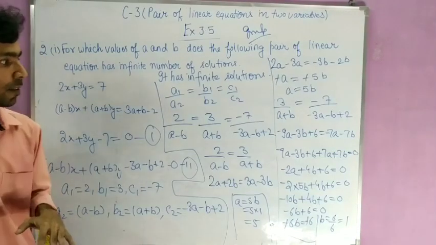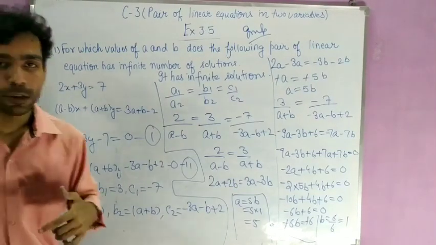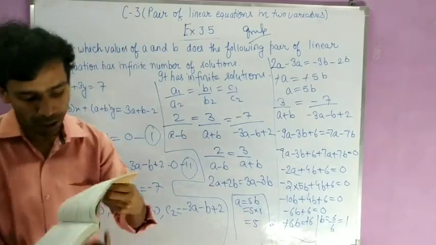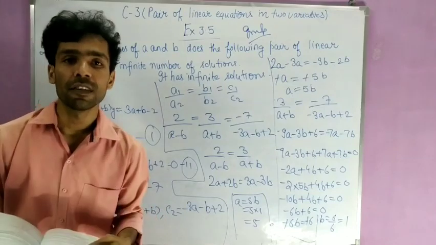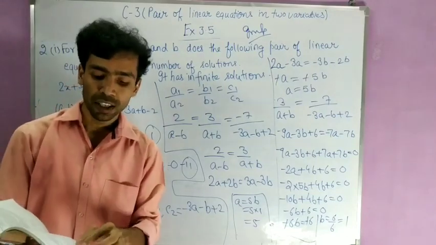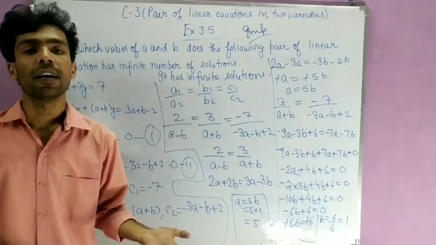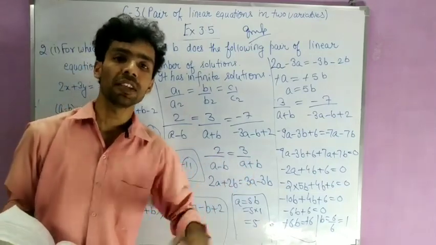So by this we have completed the first part of question number 2. Now the second part is also the same, and in this part no solution is given. So first you will convert these two equations into the general form, and from there you can find the values of a1, a2, b1, b2, c1, c2.